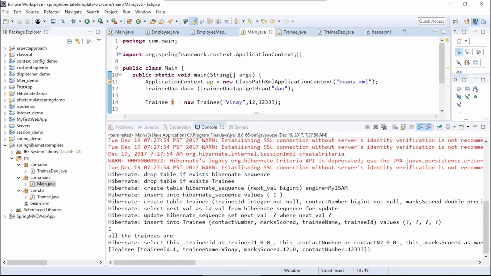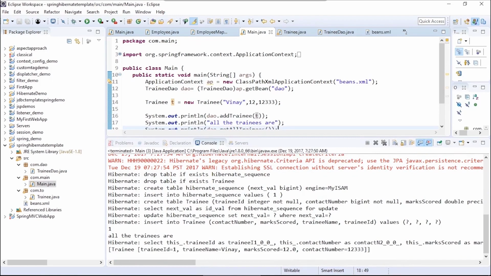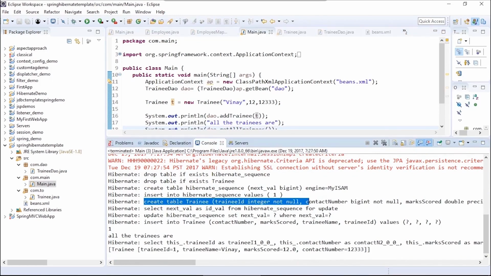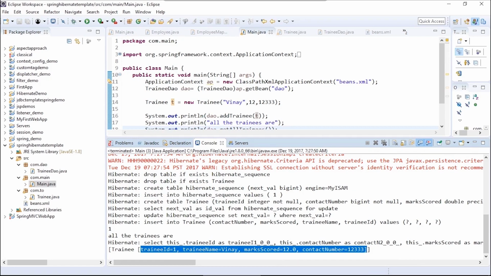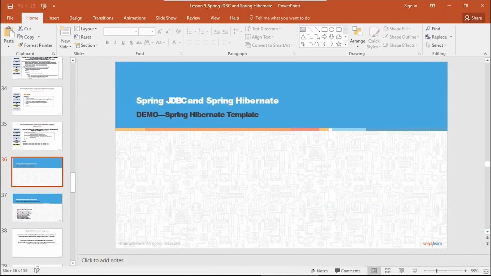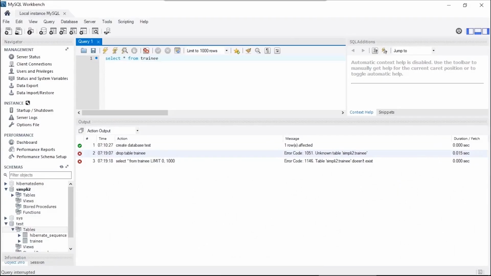So now you can see when we execute it, we create the table, we insert one value. So here you see the trainee value Vinay12 with the contact number actually gets returned with the select all. Now let's check in the database as well. Select star from trainee.